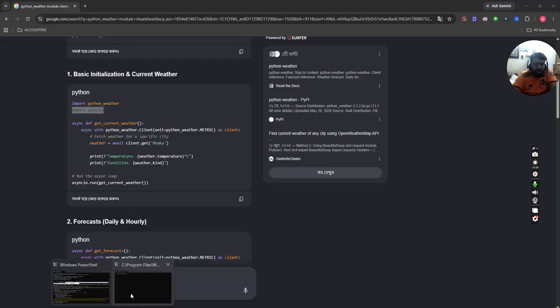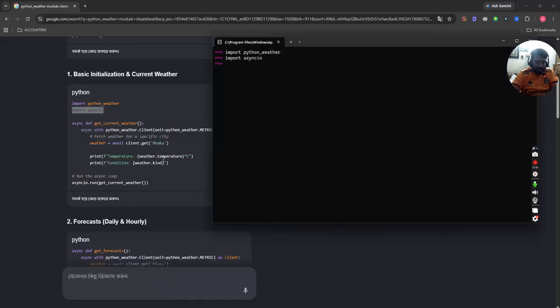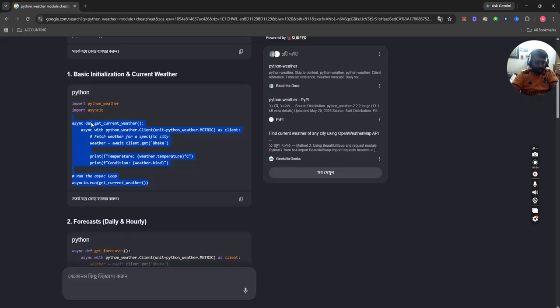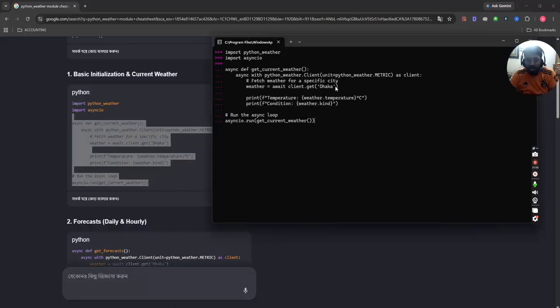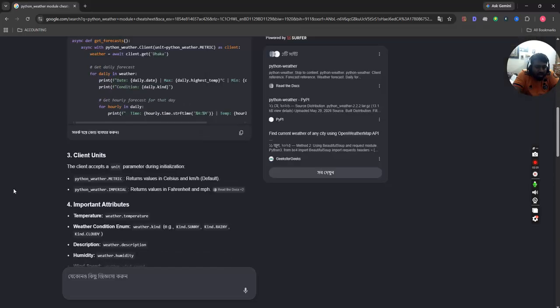London. Okay, so if I want to find out weather detail of London, then I'm going to use again the same method, and I just need to type London here, and we can find out weather detail very easily. So it's 15 degrees Celsius, condition cloudy. So yeah, so now